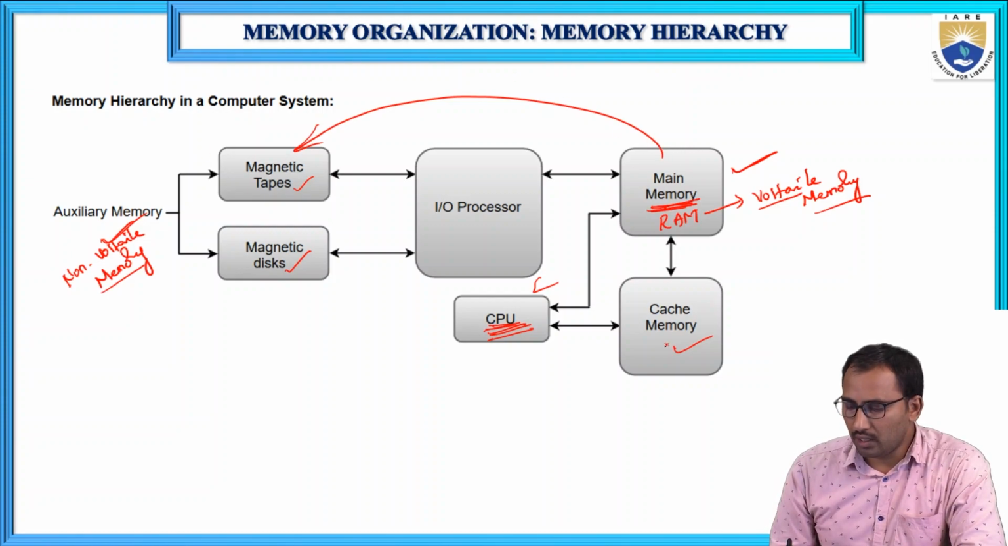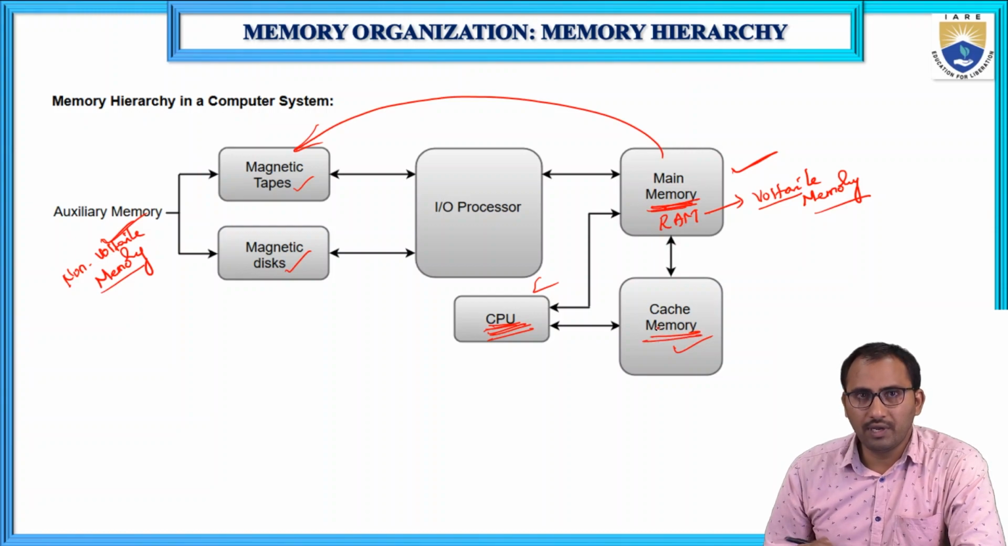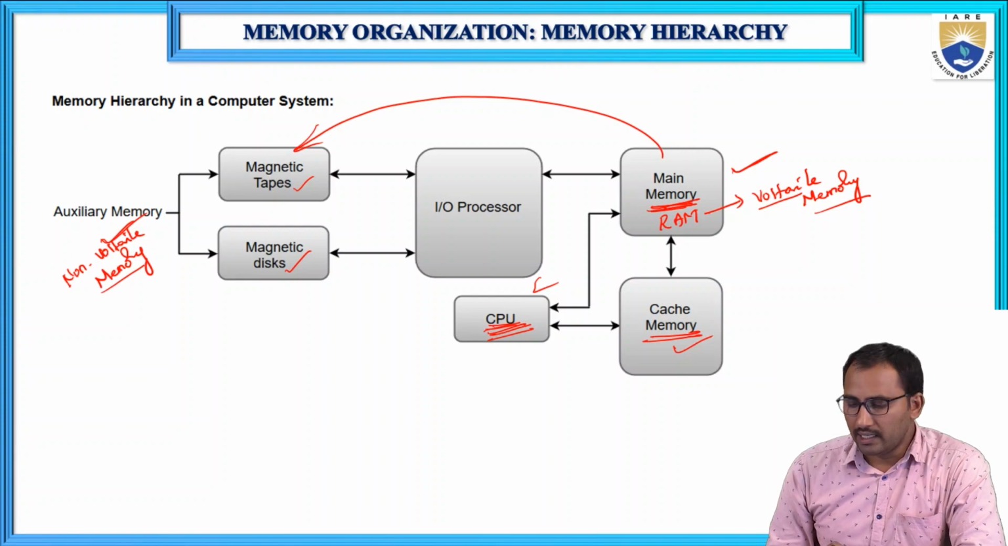Okay, and coming to the cache memory. We already know the properties of the cache memory. Cache memory is small in size, that means small in storage capacity, but it is an expensive memory. It is expensive because the cost per bit is very high. So why are we using cache memory here? Because it can be used to